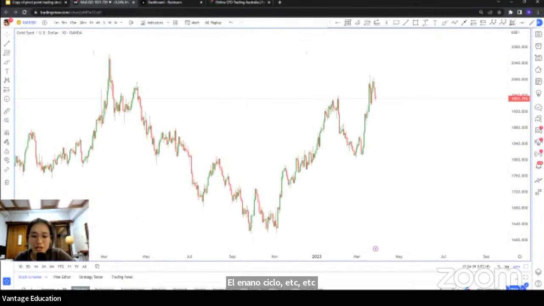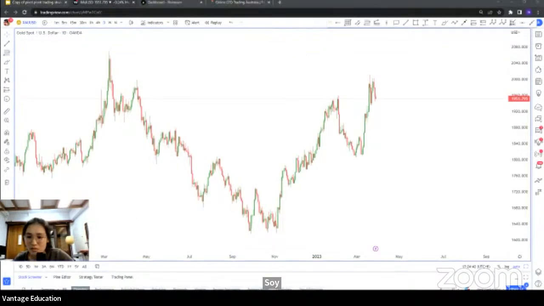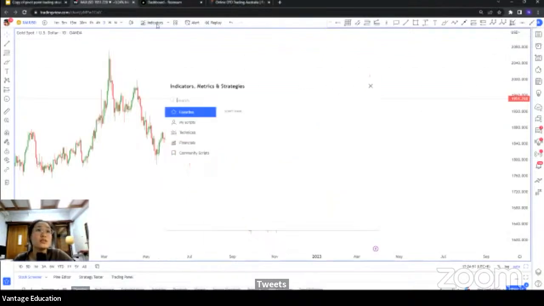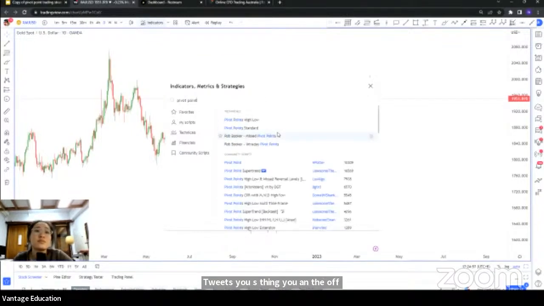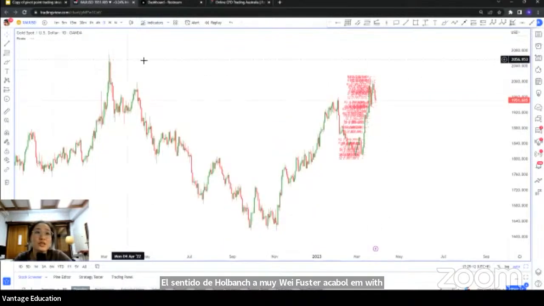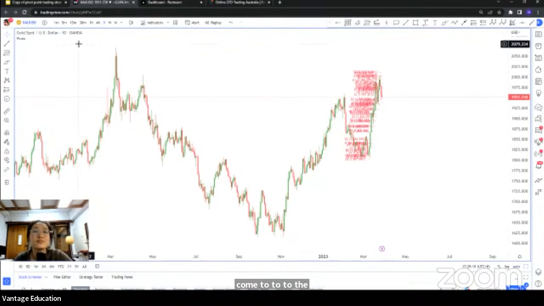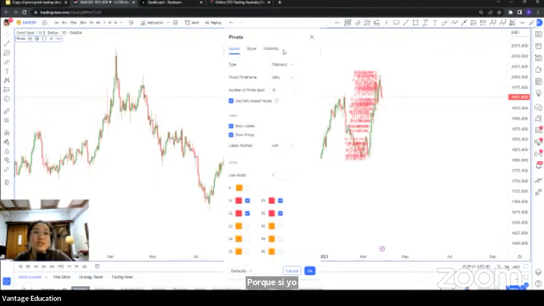So if you guys use TradingView, you can just pull out the pivot point indicator over here. And you can see there are a whole bunch of pivot point indicators available for you to use, but we've tested a couple and we've come to the realization that pivot point standard is the most accurate to use. Okay, so if you go to the gear or the settings of the indicator,